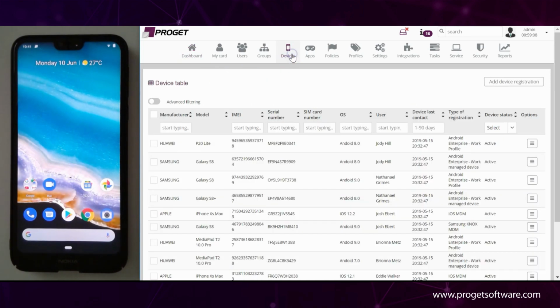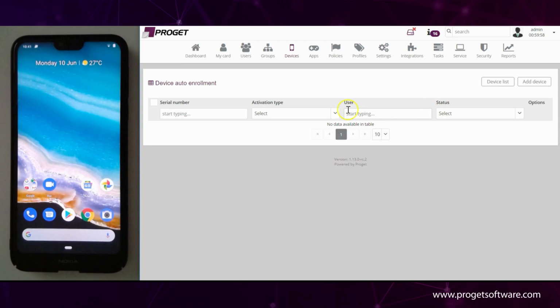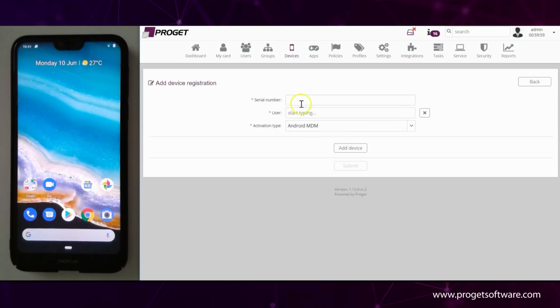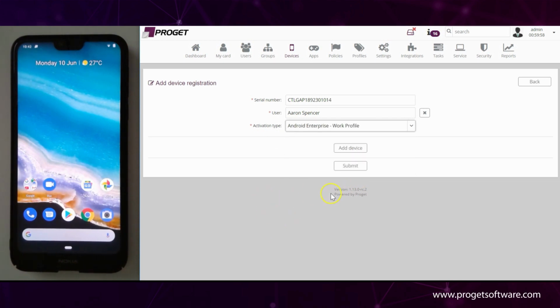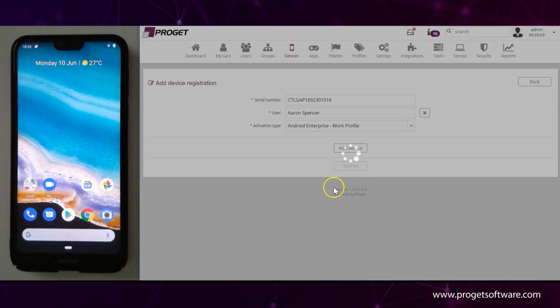So let's go to the devices, and we'll simply add a new registration. We'll add a device. I already have the serial number, and we will add this to Aaron Spencer. Yeah, this one. And we will create a business container on that device. It will be the easiest way. And let's just submit this